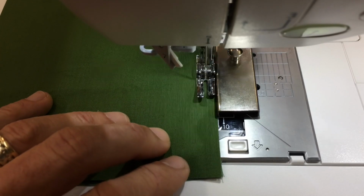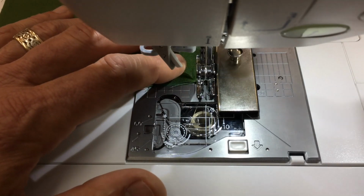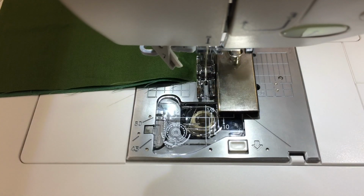It could be that you're using a dull needle. It could be you have too wide of a stitch plate. I actually have a single hole plate on because it also helps with the patchwork. Oops, as I come to the end, let's talk about this. I'm going to back stitch, and then I'm also going to sew forward, and this is what we call chain